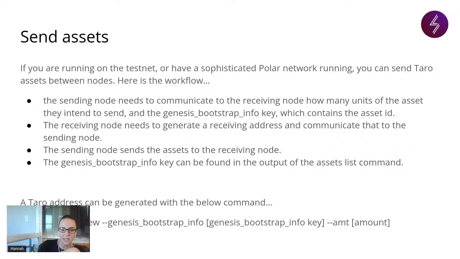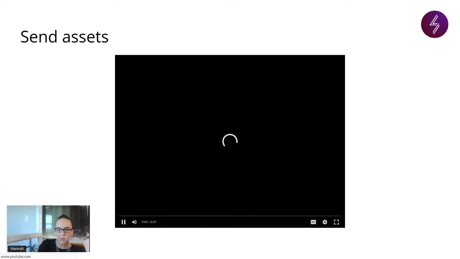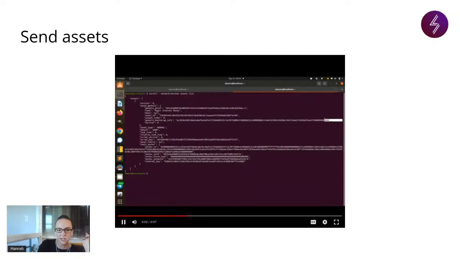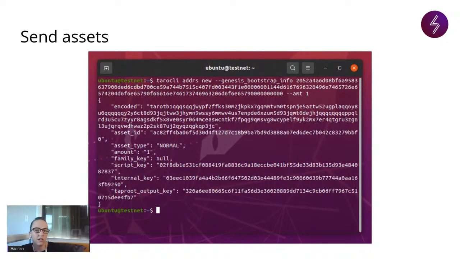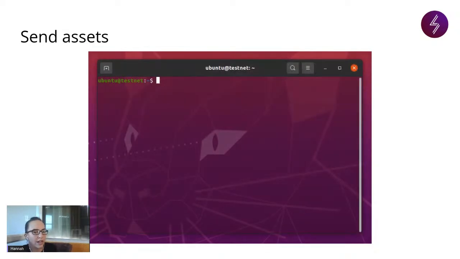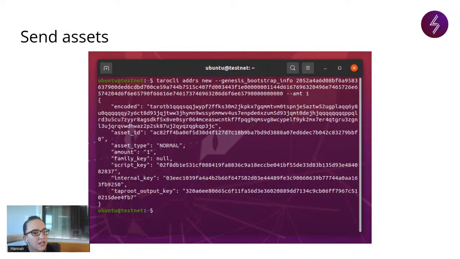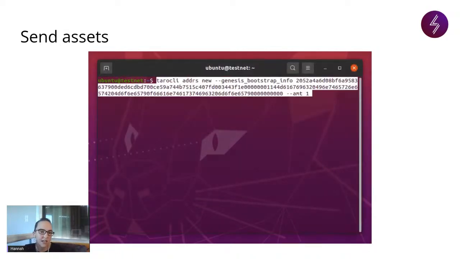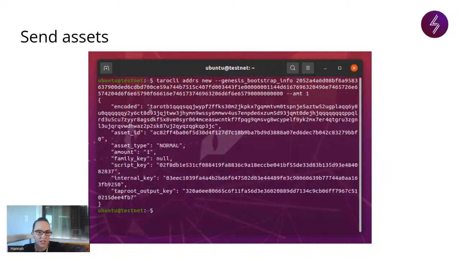So this is the command that Bob uses to generate that address, once I send Bob that Genesis bootstrap info key and tell him that I'm going to send him 100, which is what we would have agreed to. Leo, who gave the presentation earlier in the week, was also nice enough to send me this GIF. Here we go. This is a nice little GIF he made to show the creation of the address. So you can see he's using that command, and then he gets this output. I think this is what we want, this Taro